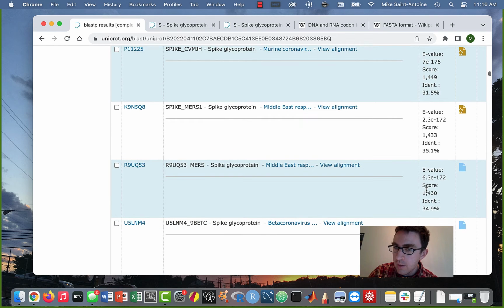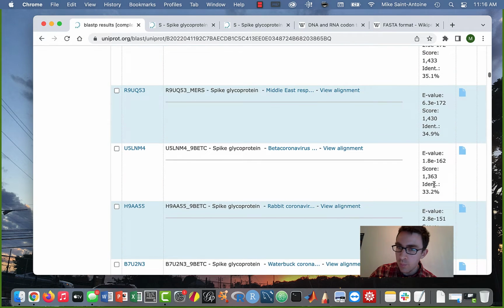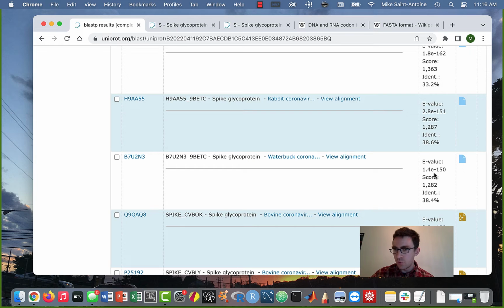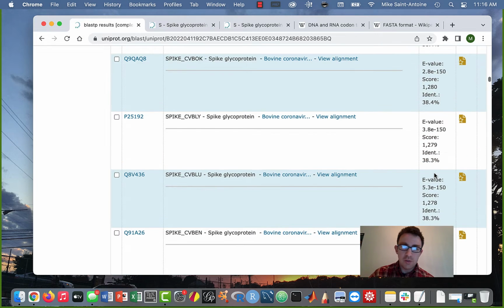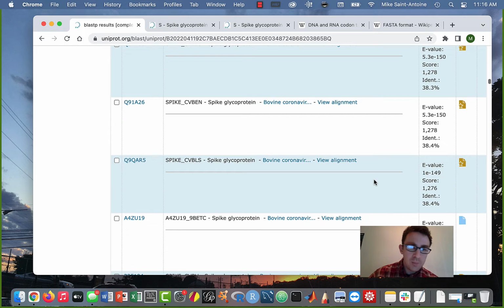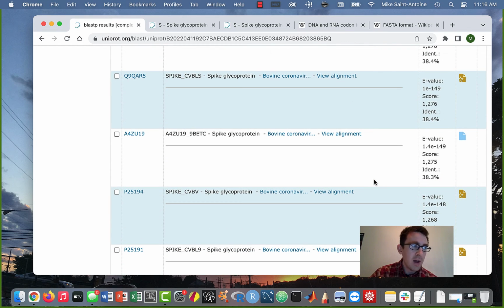I'm going to see if there's any. Yeah, some of these have an actual number for the value. Even these are super low numbers. So basically, all these hits, we can be pretty confident that they're actual matches that are not really due